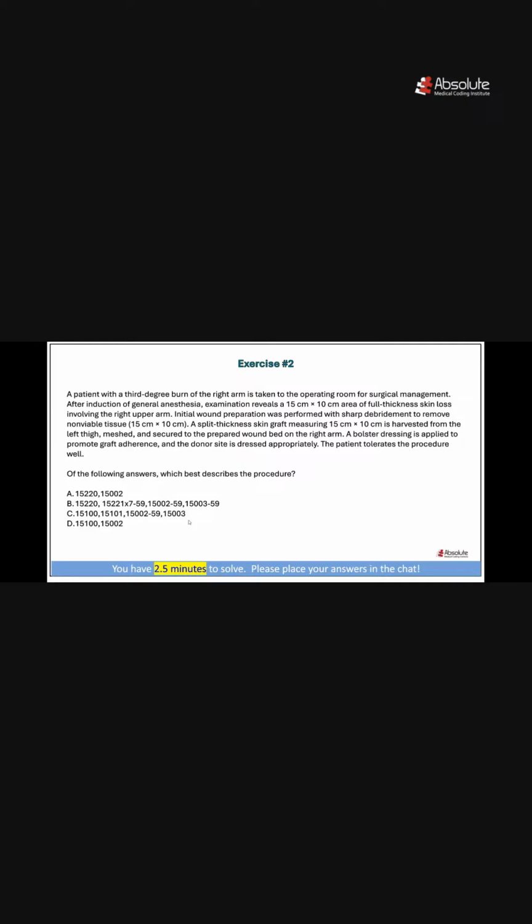Option D: 15100, 15002. A patient with third-degree burn of the right arm is taken to the operating room for surgical management. After induction of general anesthesia, examination reveals a 15 by 10 square centimeter area of full thickness skin loss involving the right upper arm. Initial wound preparation is performed with sharp debridement to remove non-viable tissue of 15 by 10 centimeter. A split thickness graft measuring 15 by 10 centimeter is harvested from the left